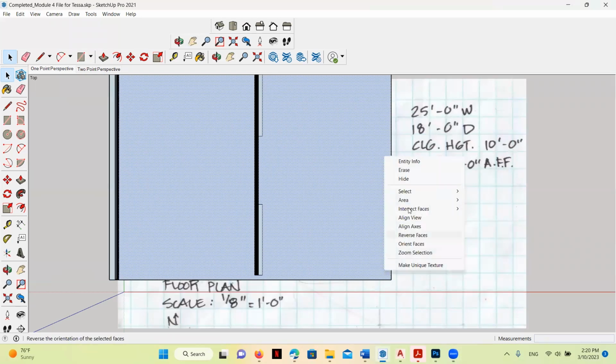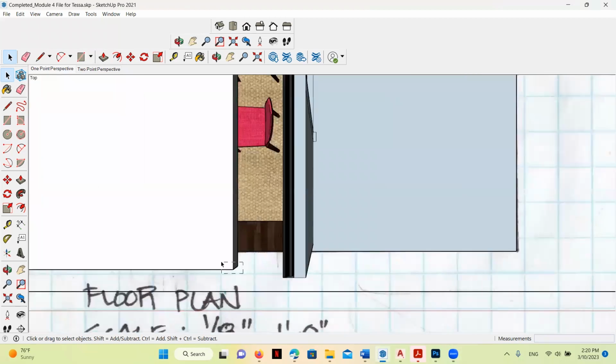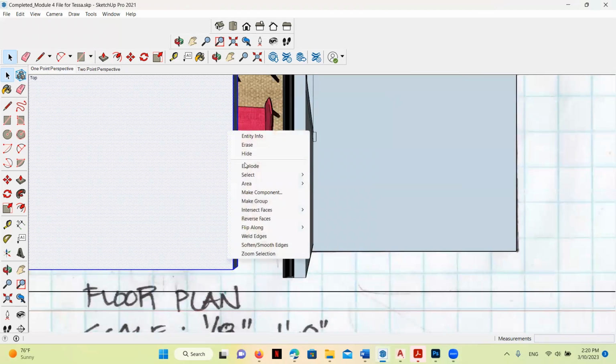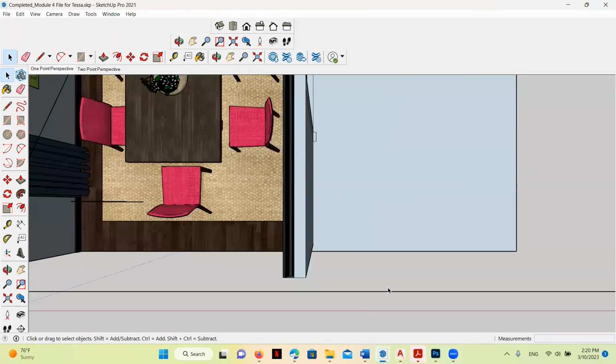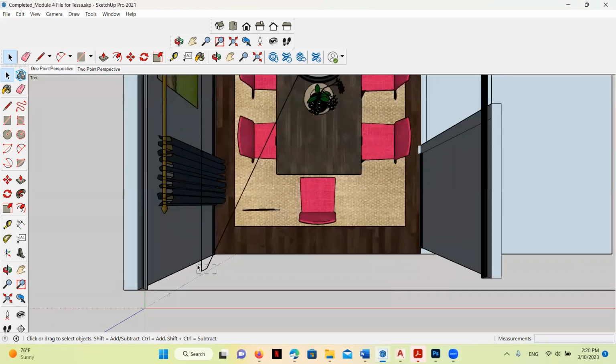And I'm going to hide some of the elements that are getting in my way. Now, there may be a way to set the cut plane to just show things below a certain point in SketchUp, but I'm just doing it the quick way here and manually hiding elements that are going to get in my way. So I'm just going through and hiding these things quickly.